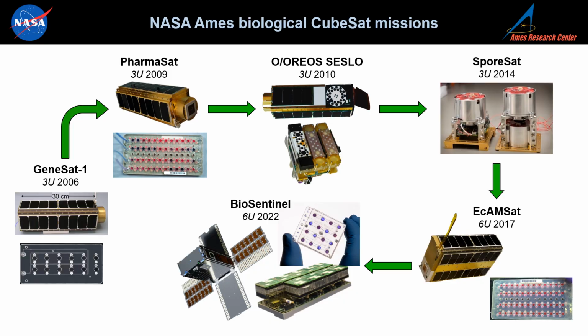Here at NASA Ames, we have done a variety of experiments using automated systems like satellites. There are a few here that all started with GeneSat-1 in 2006, carrying bacteria, then PharmaSat carrying yeast, then O/OREOS that carried Bacillus, which is a very strong type of bacteria, then SporeSat carrying ferns, then EcAMSat in 2017, which was our last